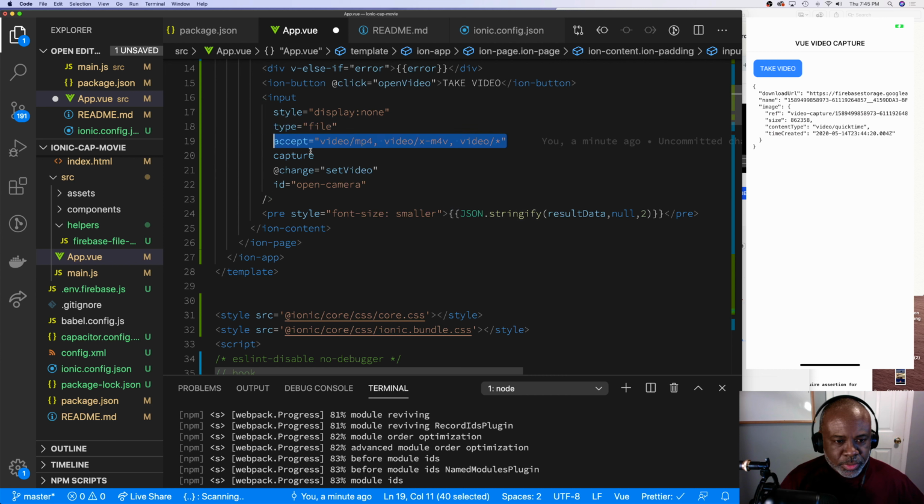So, and then I'm indicating capture. What that means is that when this button's hit, it will immediately load the video camera on your phone. So it gives you the illusion as if you click the button and you loaded the phone. Now, since I've hidden this,